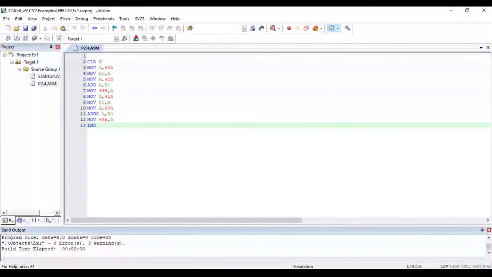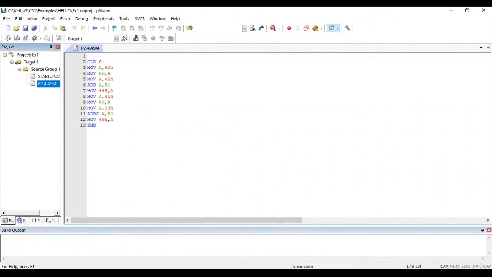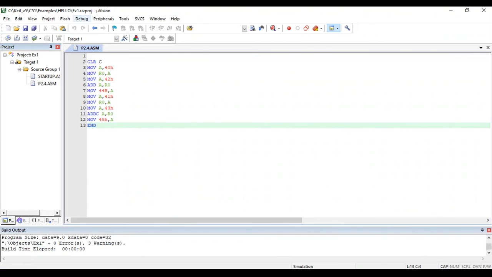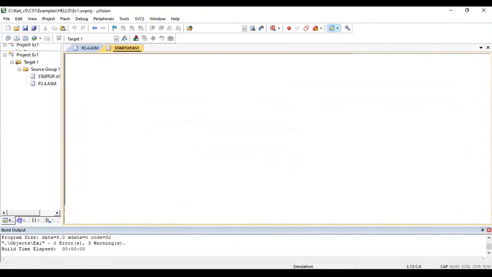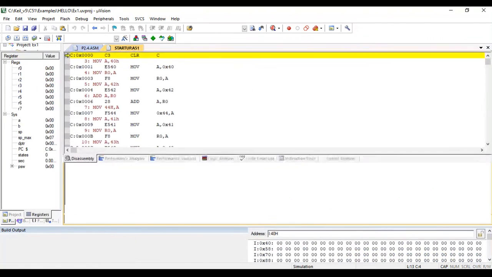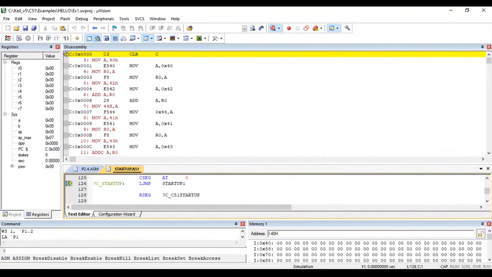Next program is to add the two 16-bit numbers using direct addressing mode. So first build the target and then go to debug, start stop debug session. So access the 40H location.